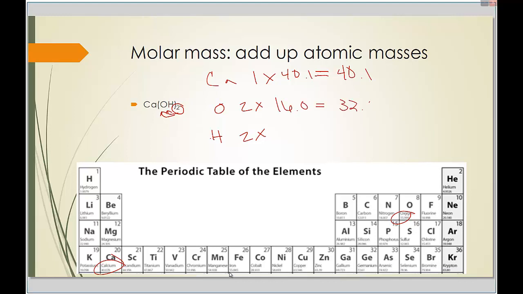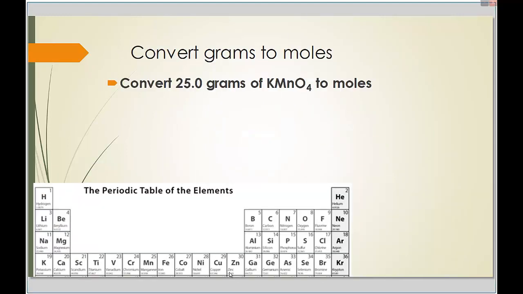And hydrogen is here, 1.0. 2 times 1.0 is 2.0. Add those all up, and it comes out to be 74.1 AMUs, or grams per mole, depending on what your choices are. Alright, so let's try to start taking these and using them in the calculations. So we have grams. Grams are one of the key terms for molar mass. So before I go on, I need to figure out the molar mass of